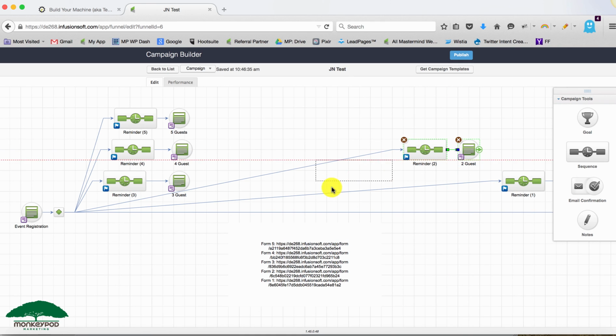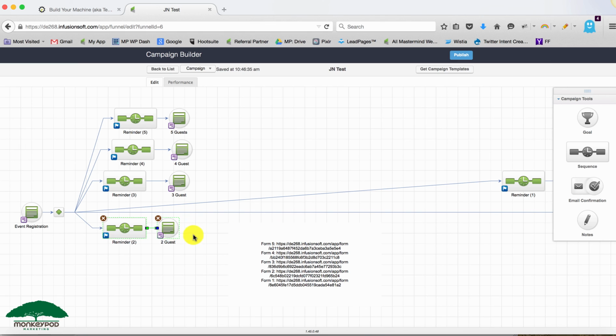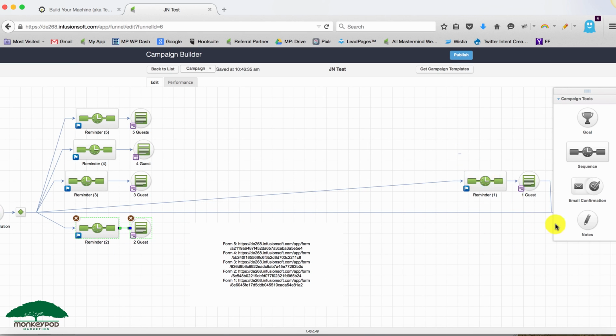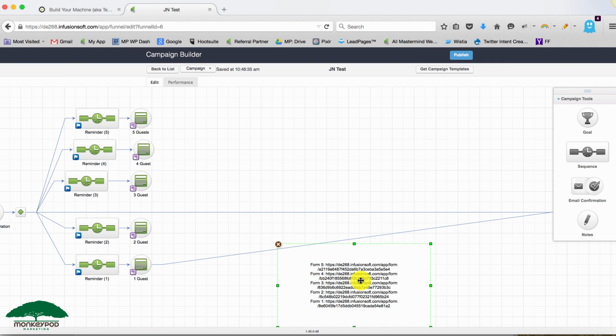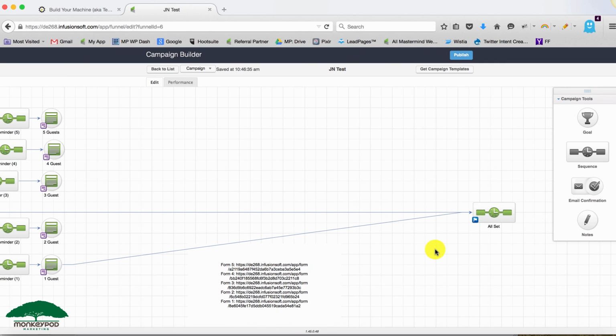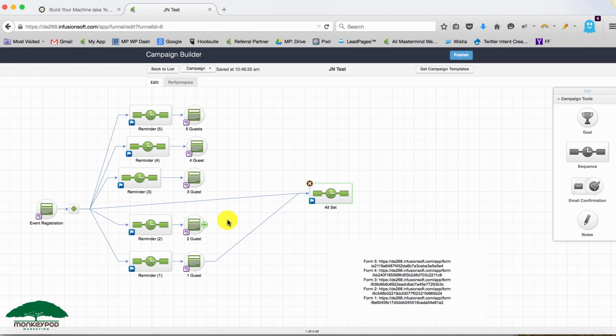So all you need to do is redirect them to a form that has the fields you need to capture. Let's do 5, 4, 3, 2, and then if they're bringing 1 guest, we'll do that as well. And then each of those can be funneled into this all set sequence, which lets them know that we're all set. So each of those forms can go directly into here. So after they register their guests or supply the guest information, no matter how many they're bringing, we just say,